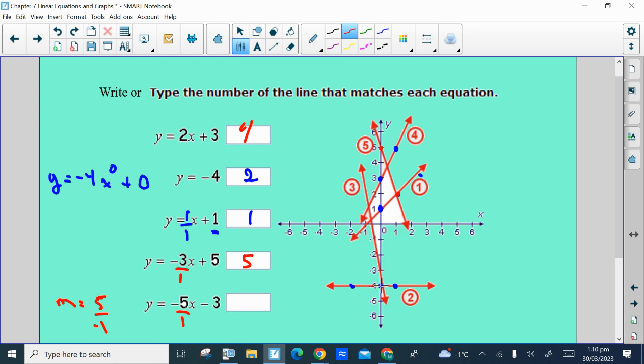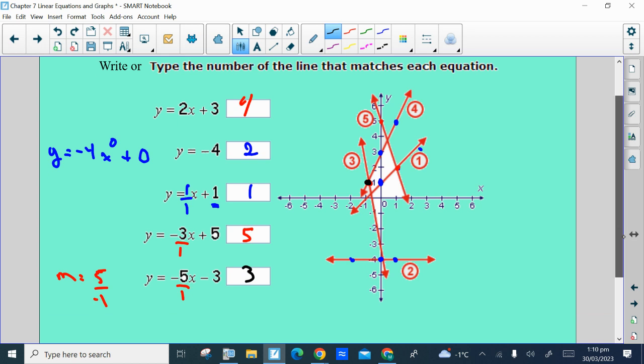And the reason I might write it like that is because I don't really have room on this graph to go down 5 units from this y-intercept. But I have room to rise 5 units and then run negative 1 unit. That takes us right there, which is a point on that graph right there. So that confirms that that matches graph number 3. Okay,